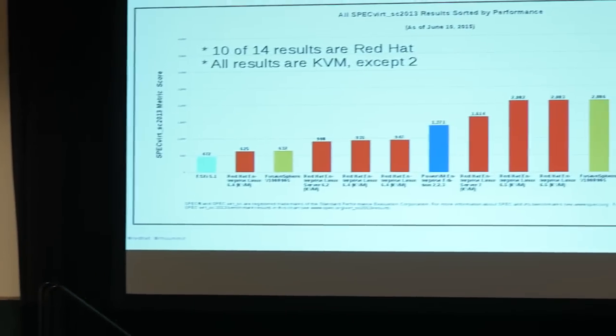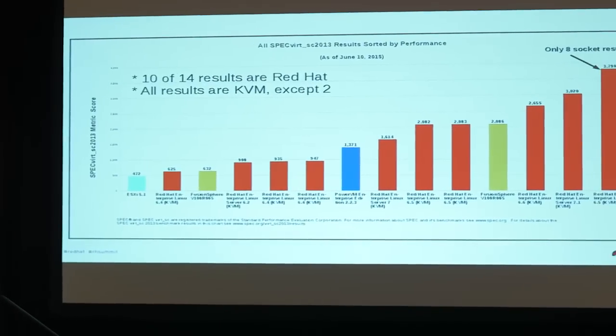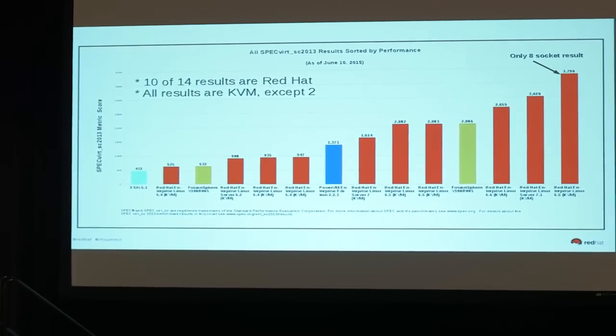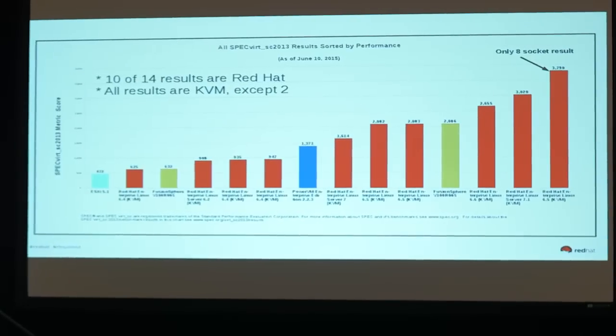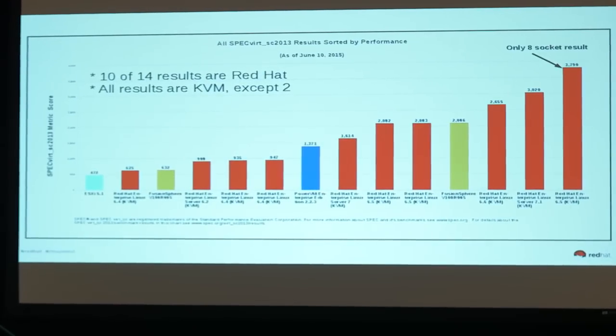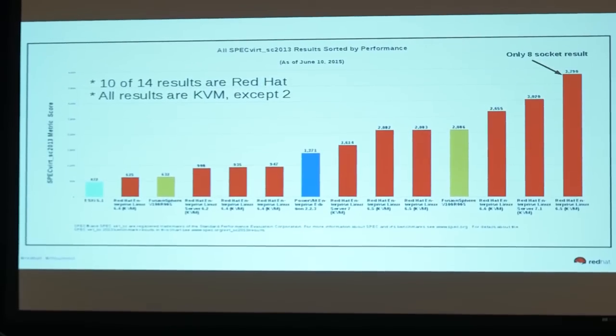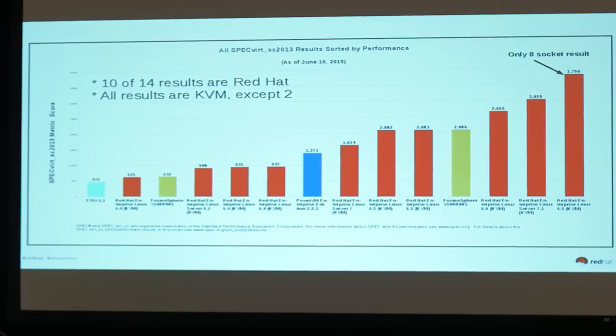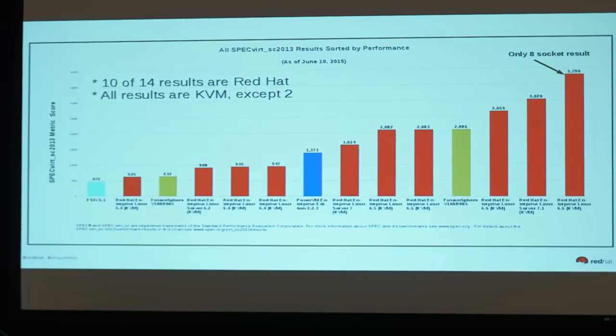These are the SPECvirt 2013 server consolidation results. There have been 14 results submitted, and KVM, Red Hat's KVM, has 10 of those 14 results. There are 2 yellow results mixed in there. That's Huawei's FusionSphere, and they actually use KVM. So I like to say that all the results are KVM except for the 2, and the 2 in blue